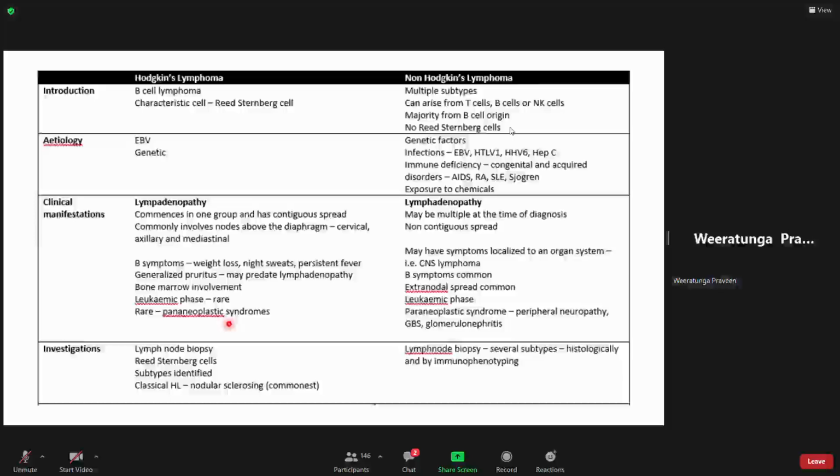Okay, very rarely Hodgkin's lymphoma can affect the bone marrow, so it can have an extranodal involvement. It can go to the bone marrow, it can go to the blood, right? Extranodal involvement, very rare. Now, in comparison to this, non-Hodgkin's lymphoma does not have Reed-Sternberg cells in the histopathology, and